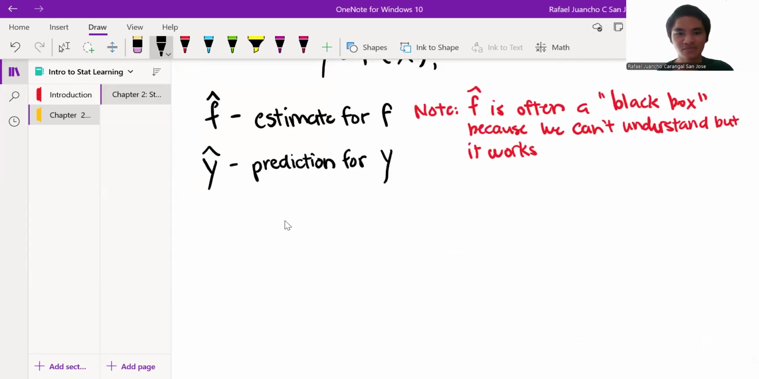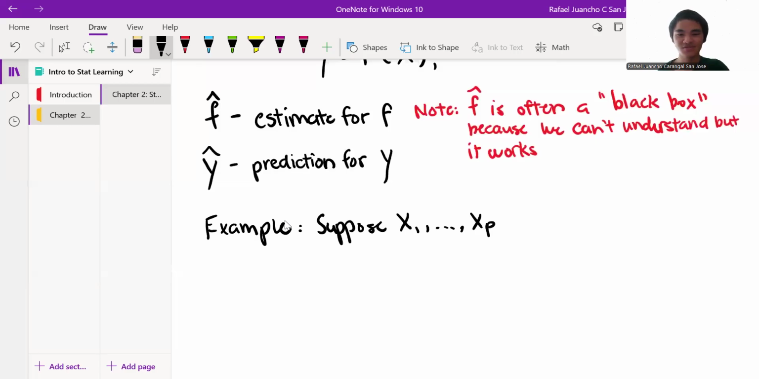So yeah, again, it's a black box that we can't really understand, but it works. It can accurately predict Y. So just to contextualize what that means, here's another example. I'm going to write it in a math way. Suppose X1 all the way to some Xp are the number of predictors. Let's say these are characteristics